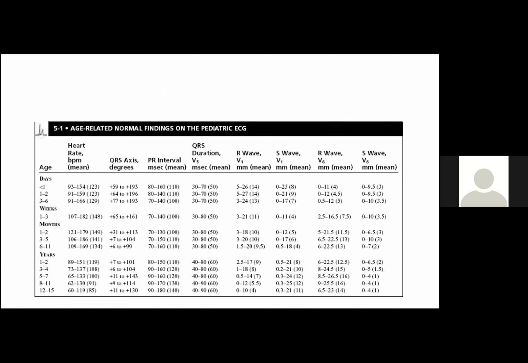We are different in the pediatric population than the adult population. So a patient at the age of 1 day has a different rate than the adolescent, than the child. But in general, we use one equation, which is 220 beats per minute minus the age in